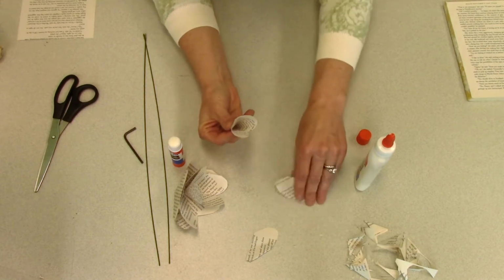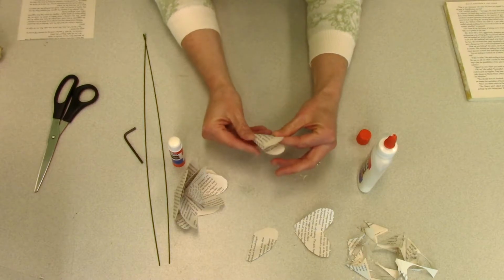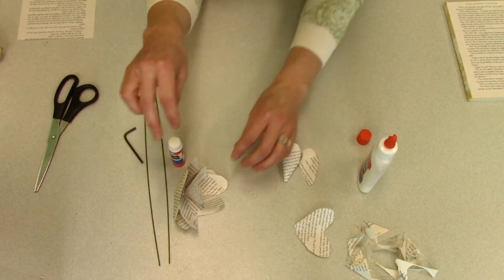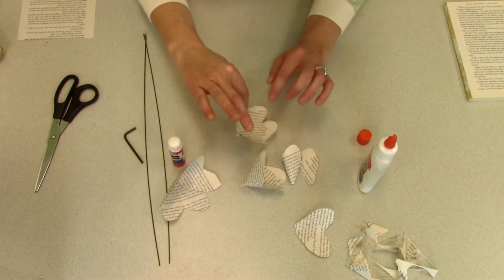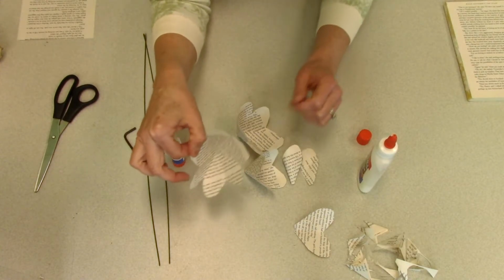I have a duplicate double petal that I'm going to put to the side. I'm not going to use that one. And here's my single petal. Okay, so now that we are done gluing our petals together to form a bowl with a hole in the bottom,